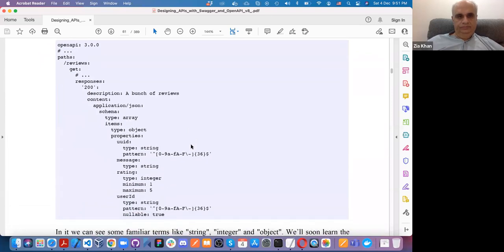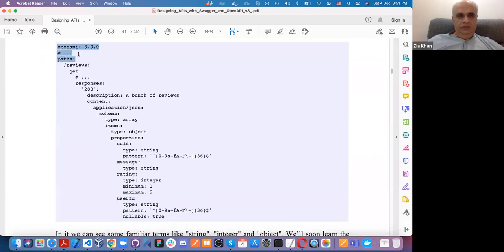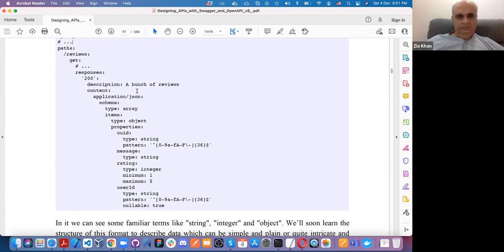Now look at this thing. We have already covered this in the previous chapter. Now look at this path: paths /reviews, get, response, which is 200. We have already covered this. This is a status code. Content is media type, which is application/json. Schema is type array. Then we have items, and each item is of type object.